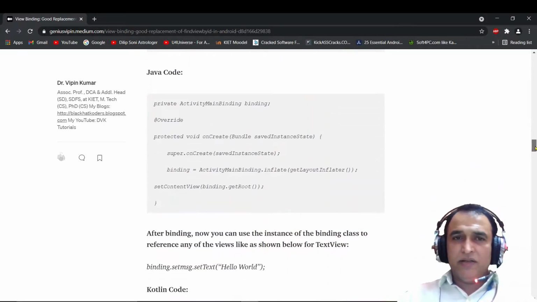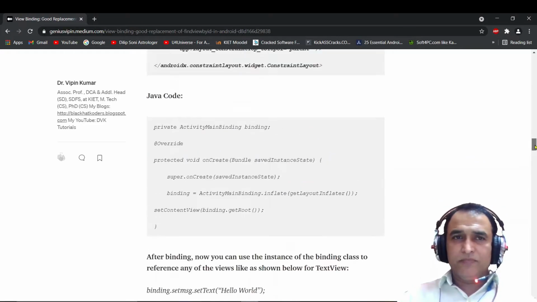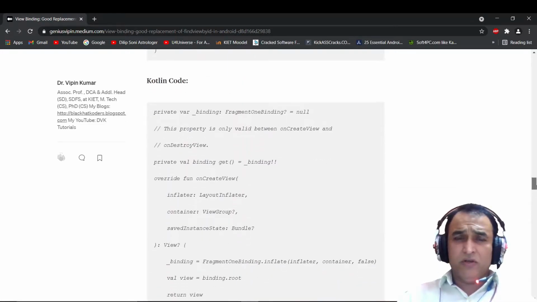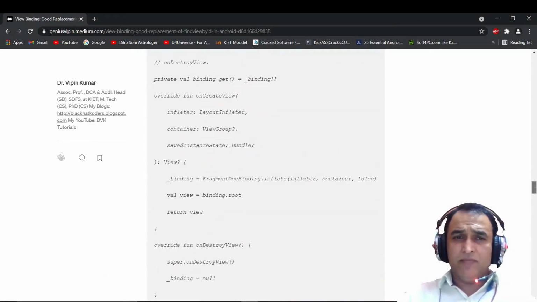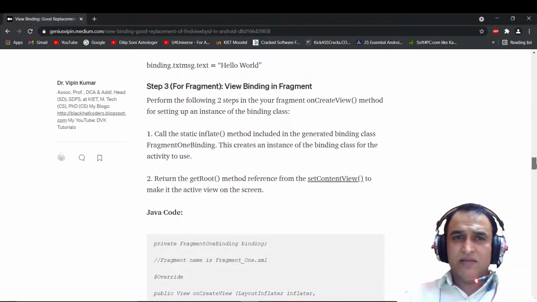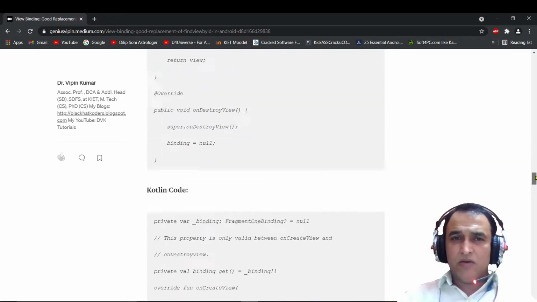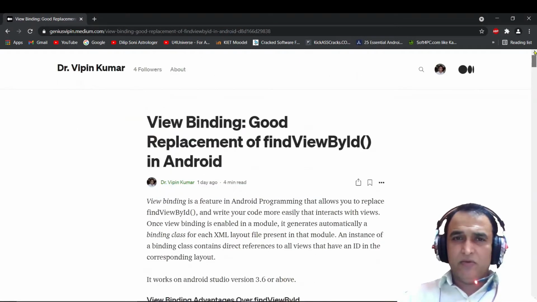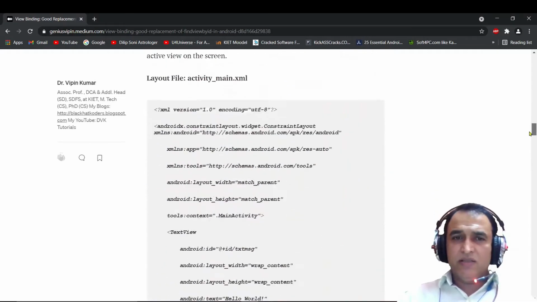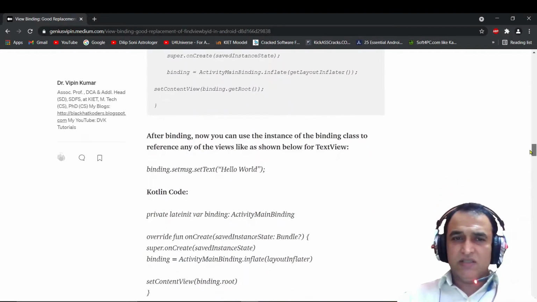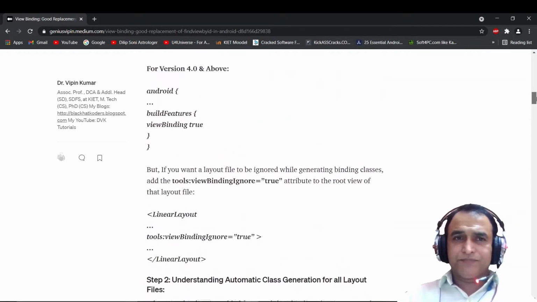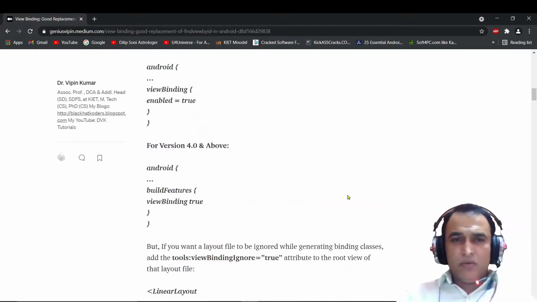You can read the theoretical concept more in this blog, and how you can set up Kotlin and how you can set this in fragments. All things are given in this blog. You can go through and read it, but I am giving an example in Android Studio of how you can use these features in Java, in an activity only.